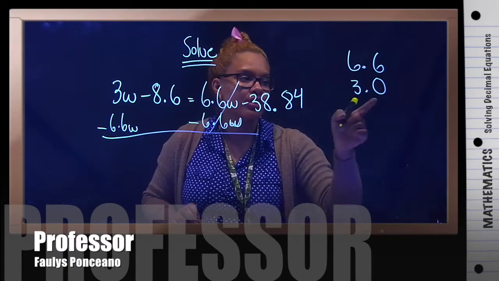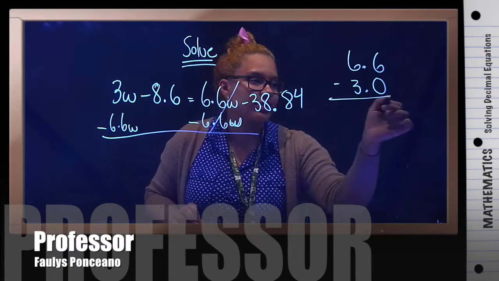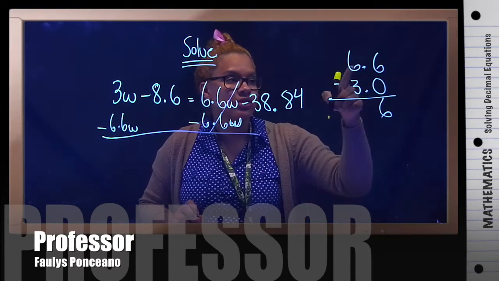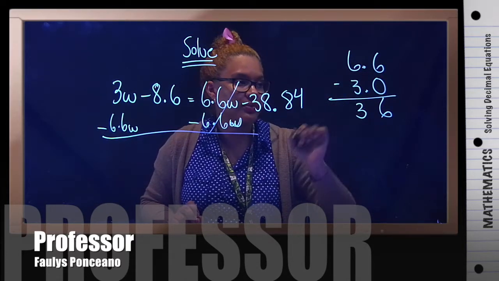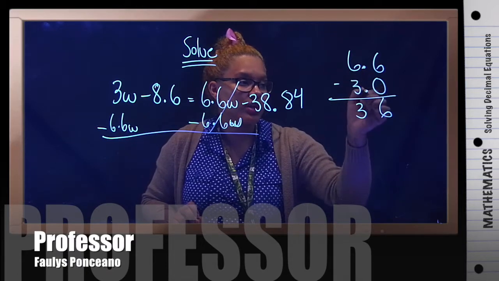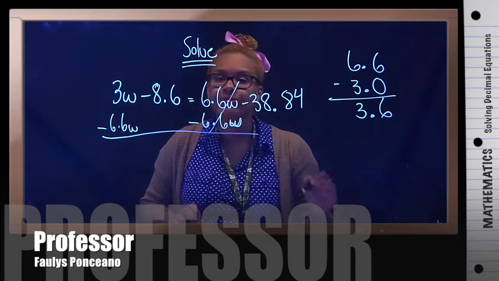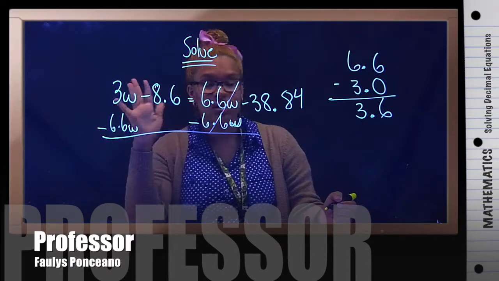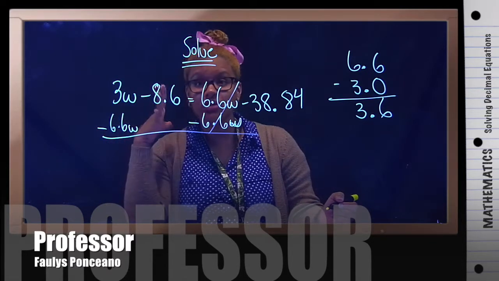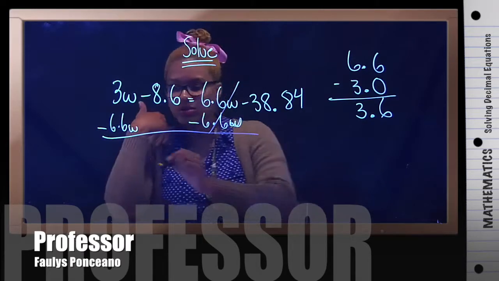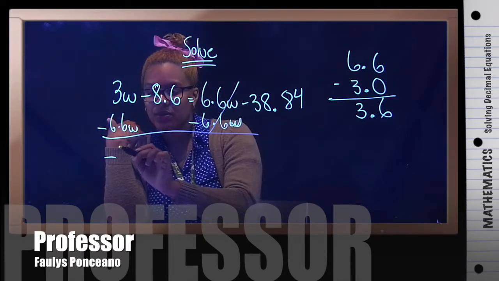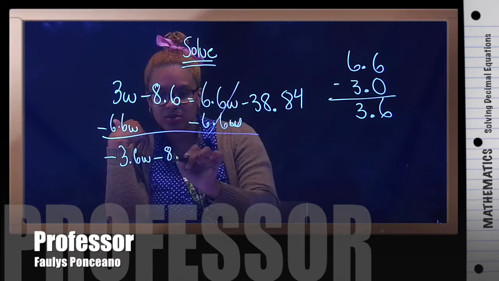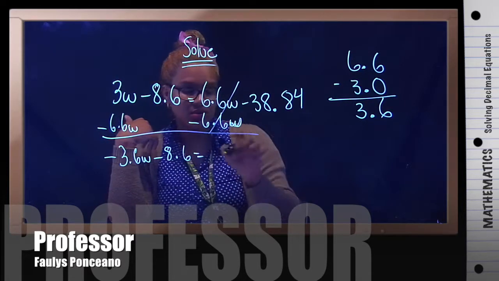Put in the 0 there to help me with the subtraction. 6 minus 0 is just 6. 6 minus 3 is just 3. Make sure your decimals are lined up, and you just bring it down. Okay, now this was minus. You have to remember that the 6.6 is the negative and it's the largest. So the answer is negative 3.6 w minus 8.6 equals negative